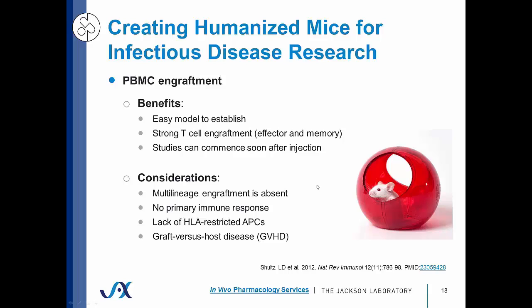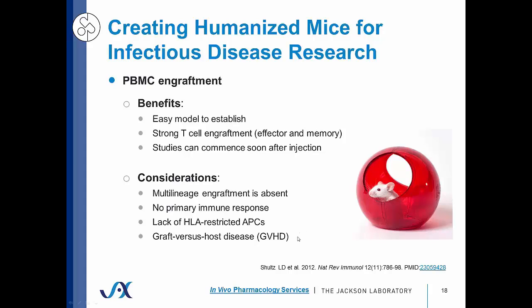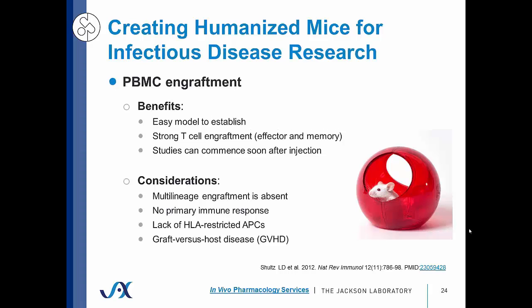Some considerations for using this model are that multilineage engraftment is absent, and that's due to the fact that human hematopoietic stem cells is not an enriched population in the peripheral blood. And so you won't see these populations well represented in this model. Another one is the lack of a primary antibody response, as well as the lack of HLA-restricted antigen-presenting cells. And this is due to the fact that this population is also not represented in very high numbers in the